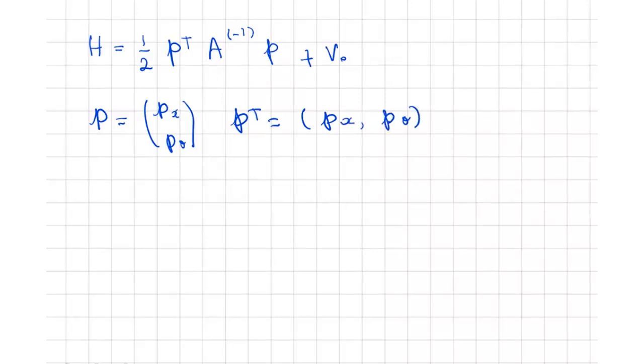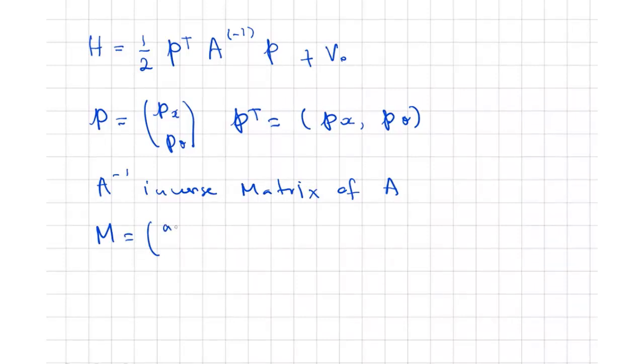Okay guys, so what is A? A minus 1 is the inverse matrix of A. Alright guys, so if we remember, and if we have a matrix M, for example,